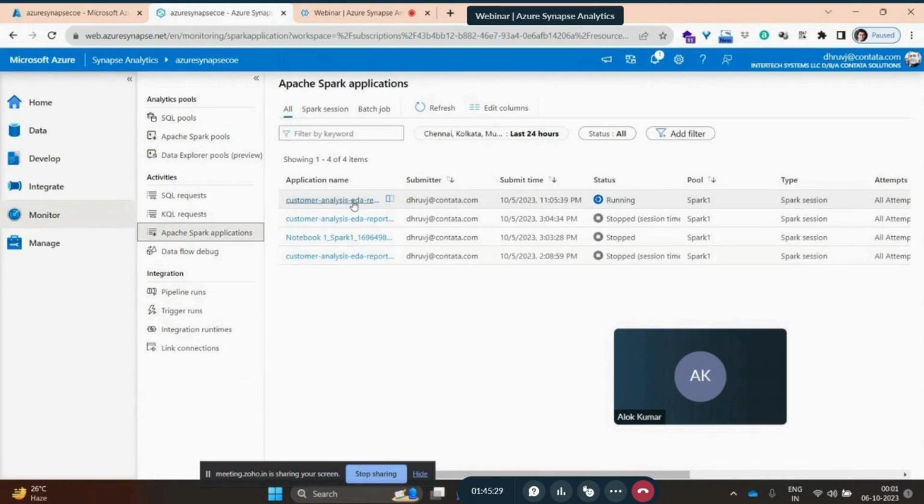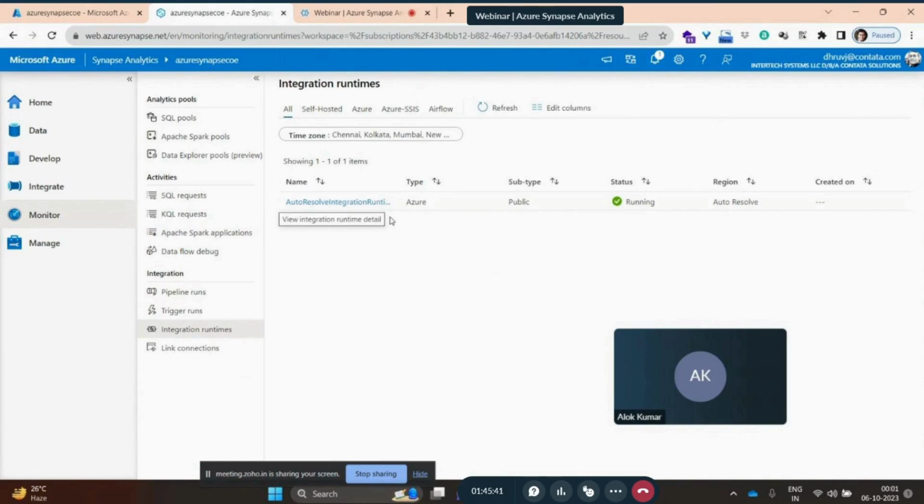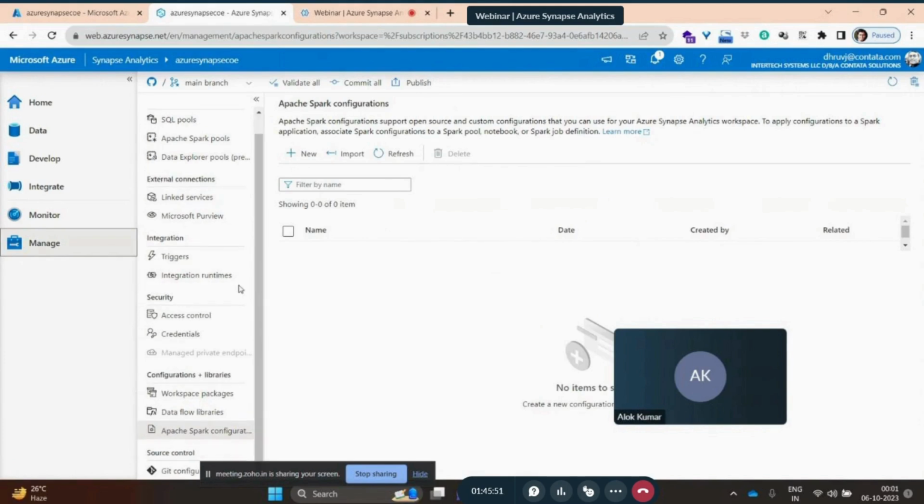I ran an EDA, it's still running, so it shows me the correct status. You can look at the integration runtimes that you have created for running the pipelines. The default auto-resolve integration runtime shows up here. And then you have the Manage tab for setting up connections like linked services, connection to Purview, creating triggers and integration runtimes,